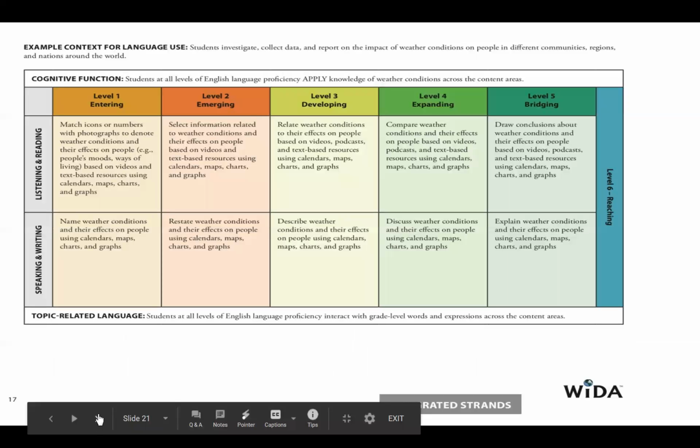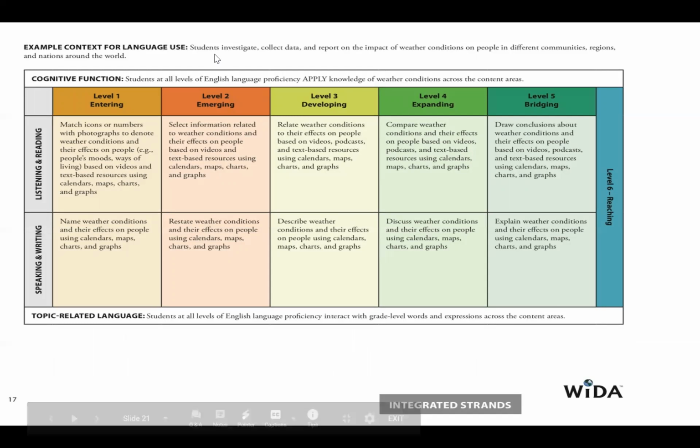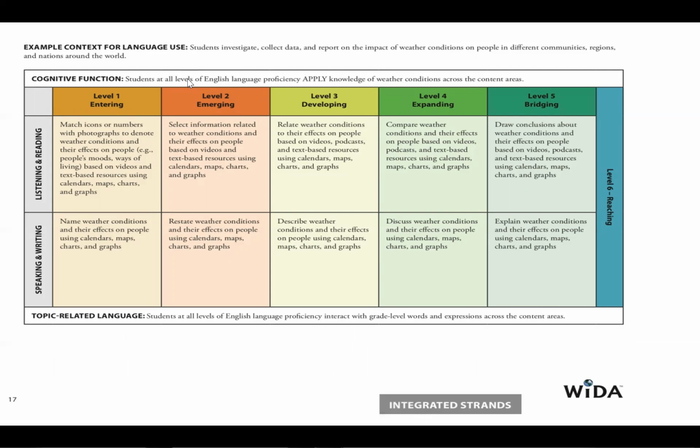Here we have an example of context for language use. Students investigate, collect data, and report on the impact of weather conditions on people in different communities, regions, and nations around the world. We have our language domains: listening and reading, and speaking and writing. We have our proficiency levels going across the top: level 1 entering, level 2 emerging, level 3 developing, level 4